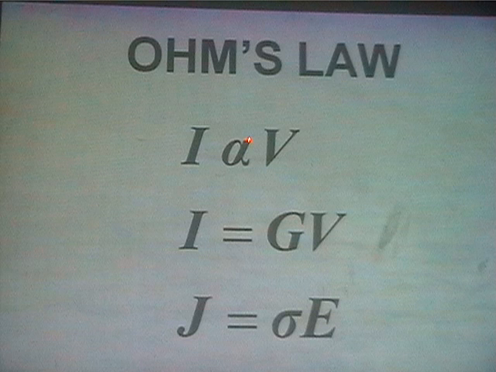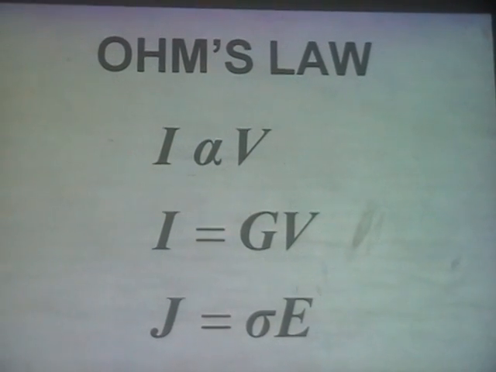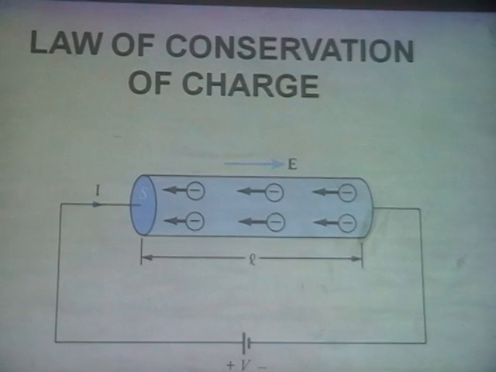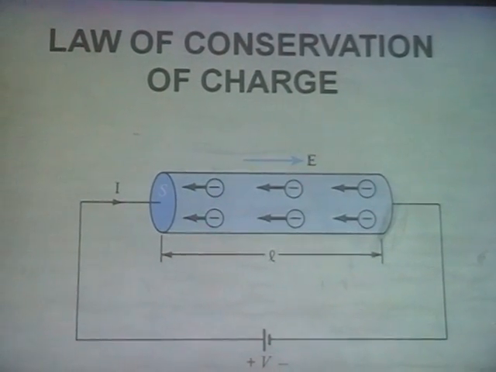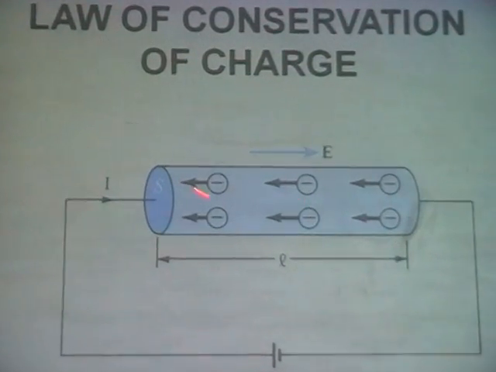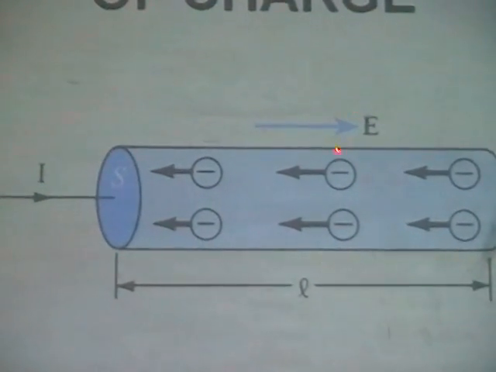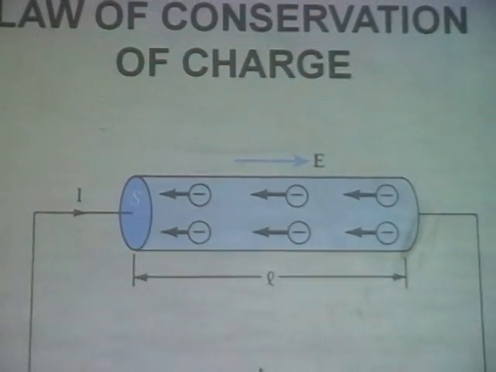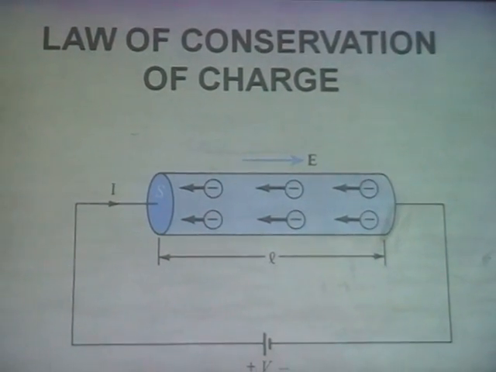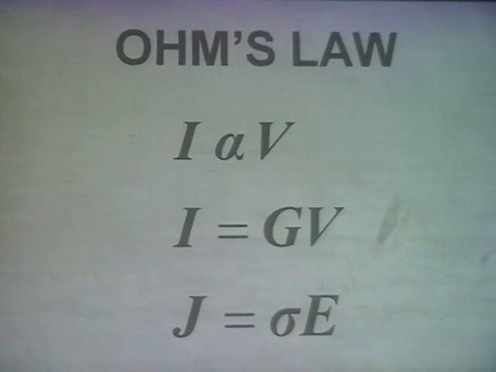So the direction of electric field intensity and direction of current density will be the same. That's what Ohm's law says. If you see here, the electric field is away from positive towards the negative. Current density is also in this direction. So the direction of current density and direction of electric field will be the same. Ohm's law says J and E will have the same direction because sigma is a scalar, where sigma is conductivity.